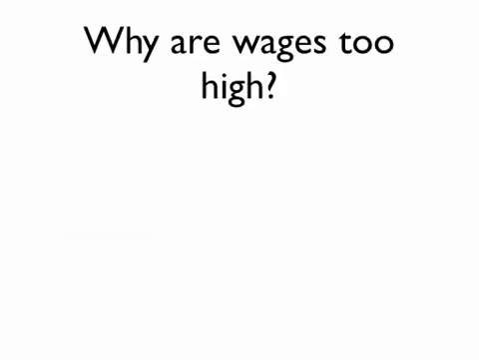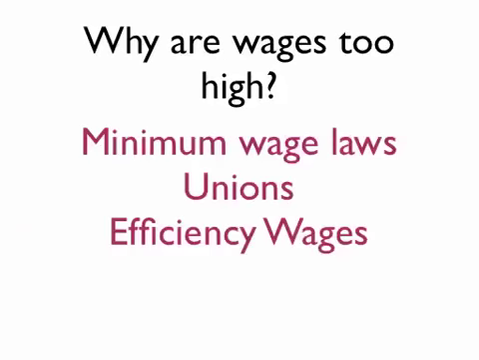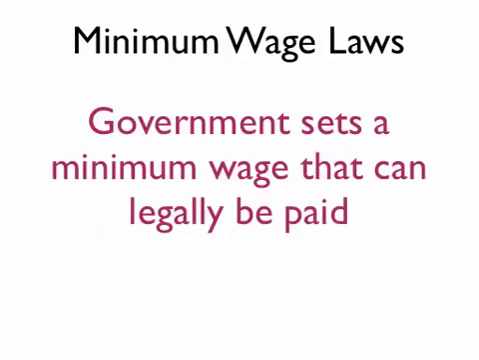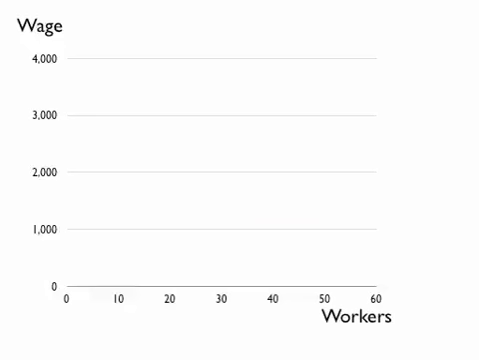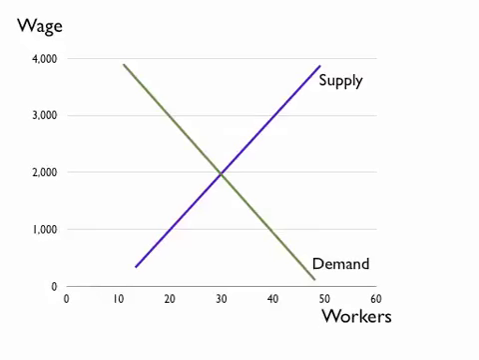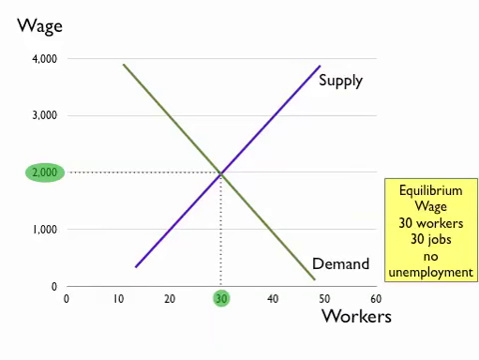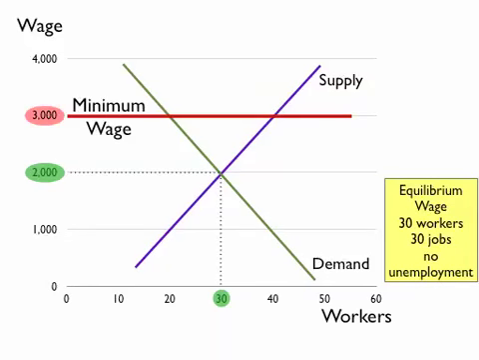The question is, why are wages maybe too high when we do have unemployment? There are three reasons: minimum wage laws, unions, and efficiency wages. Let's look at minimum wage laws first. Under minimum wage, the government sets a minimum wage that can legally be paid. If we chart this, there's the demand and supply at market equilibrium. We'd have a wage of 2,000 and we'd have 30 workers, and we'd have no unemployment. If the government were to step in and impose a minimum wage of 3,000 reals,